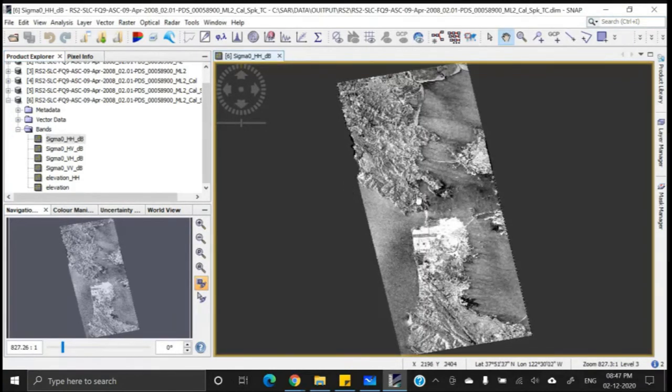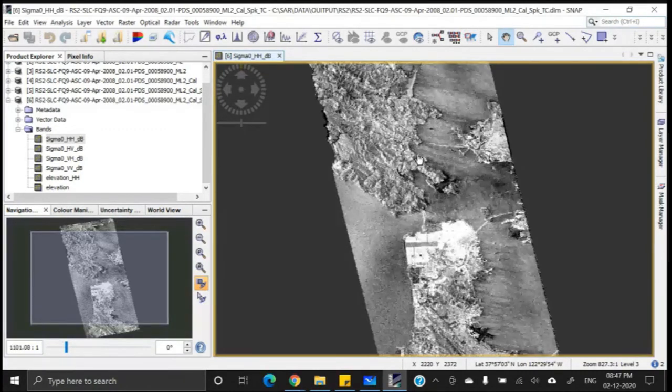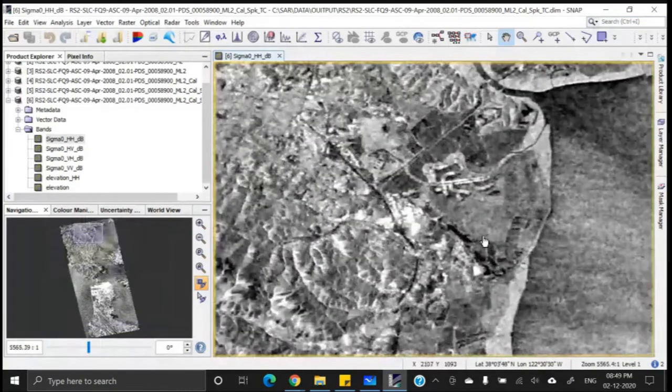Why it has been rotated? To make it north side up orientation, and also some stretching you may find because of the georeferencing, it required to stretch the image. So this is the image, and now I will go for some few visual image interpretation and object identification. Now see,